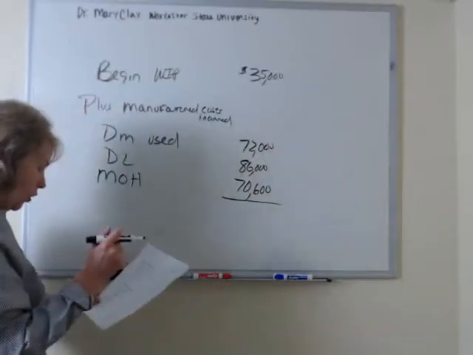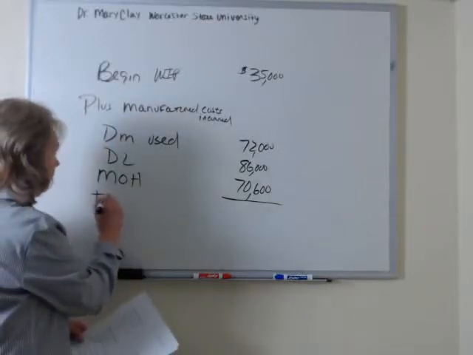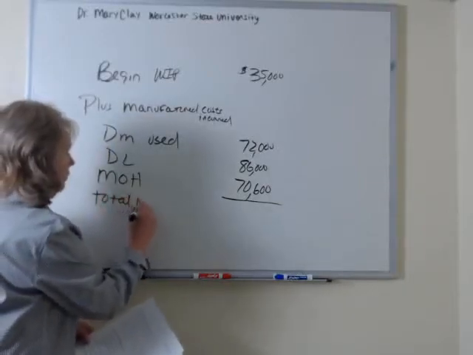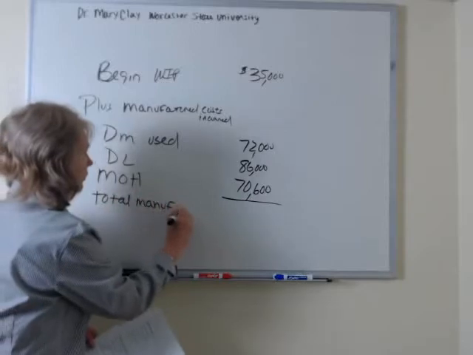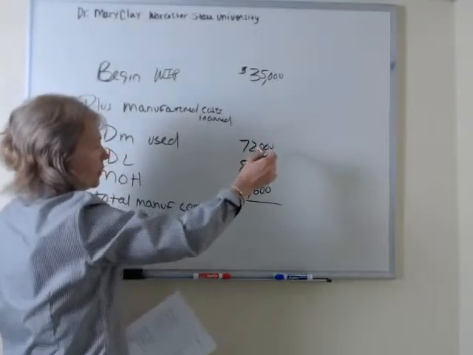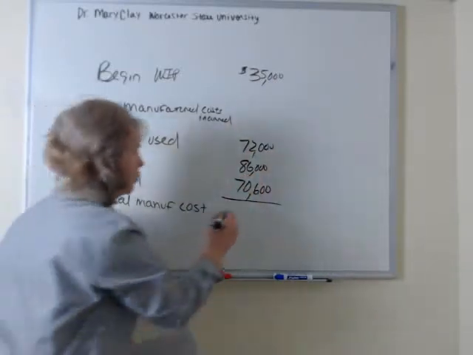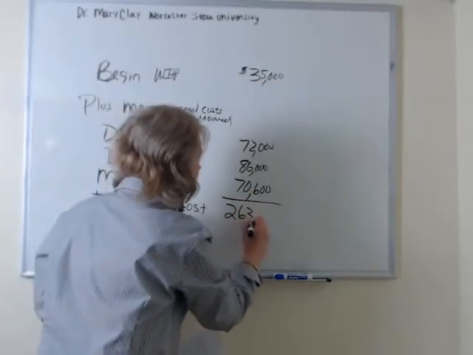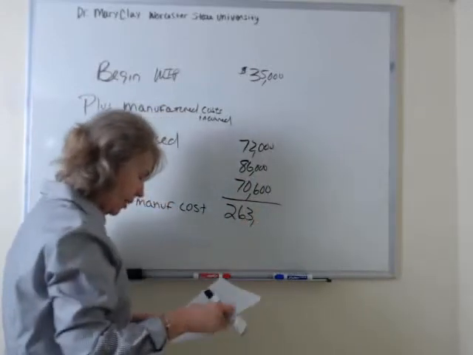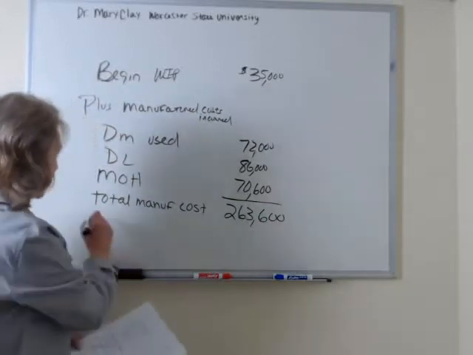So the total manufacturing cost to account for, I'm going to add the 35 plus the 72 plus the 86 plus the 70,600. That gives me 263,600. Next, I'm going to subtract